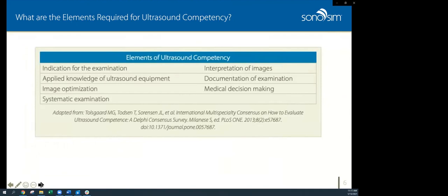There have been several consensus studies performed, and there's pretty uniform consensus that irrespective of what type of ultrasound application you're applying, you should be able to apply and possess these fundamental elements that lead to ultrasound competency. Those are understanding why you're doing the exam, really understanding the knobology, how to operate the ultrasound equipment, how to acquire and optimize an ultrasound image, how to perform a systematic examination of whatever structure you're looking at, whether it's the heart or the lungs or the gallbladder,